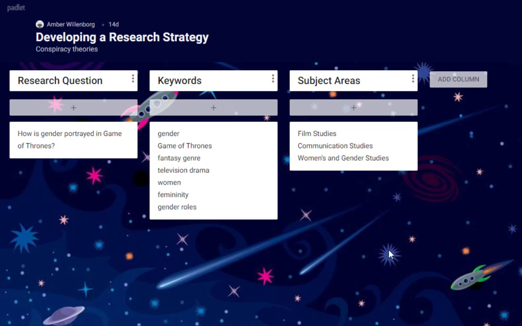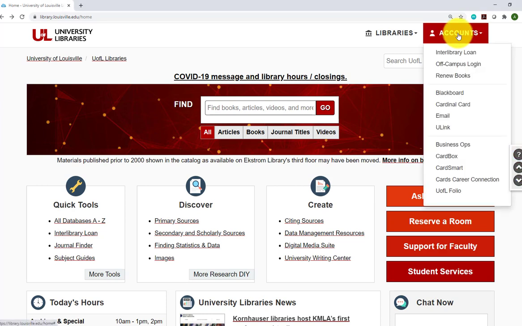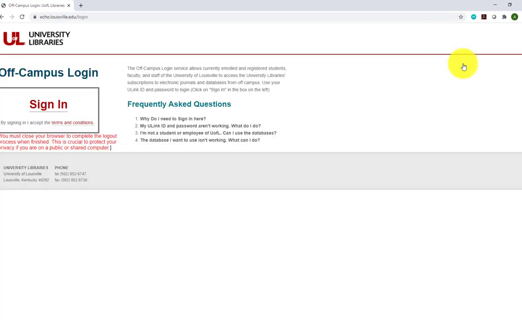Once you've developed your search strategy, you can begin using that strategy to find sources through the library. Let's get started on the library homepage, library.louisville.edu. Since you are probably off campus right now, one helpful thing you can do right away on this page is go to Accounts at the top right and click Off-Campus Login. Enter your ULink ID and password here so that you don't have to log in later when you start finding